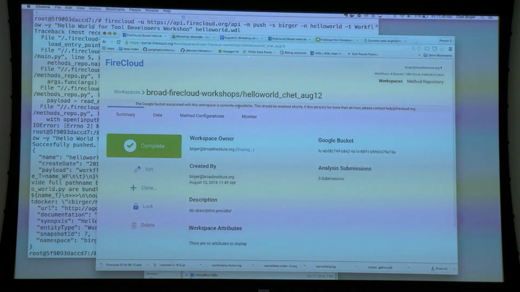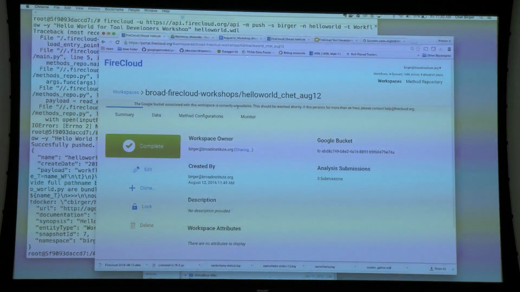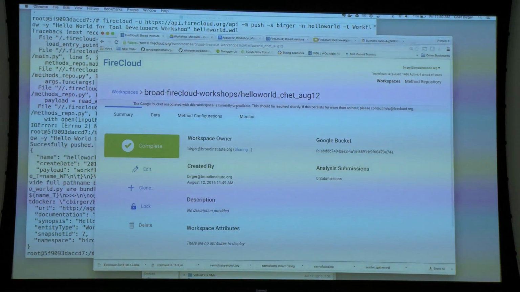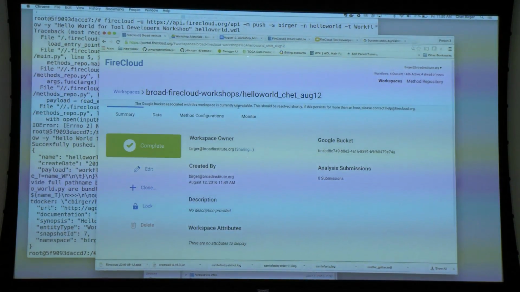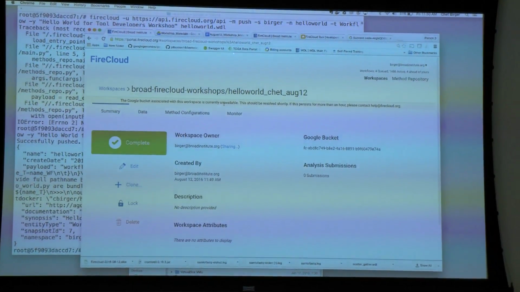Now we have the problem that we had before with Google, where we go ahead and create a new workspace. A bucket is associated with the workspace, but there's a problem with the synchronization or the ability of Google to immediately give the users access to the bucket that's associated with the workspace. And because that's the case, I can't go ahead and run the analysis within that workspace. What I'm going to do is step through the processes of uploading the data model within this workspace, bringing the method configuration into the workspace,